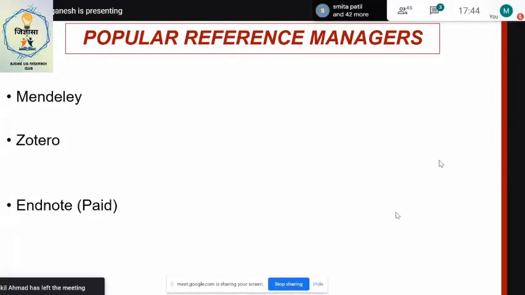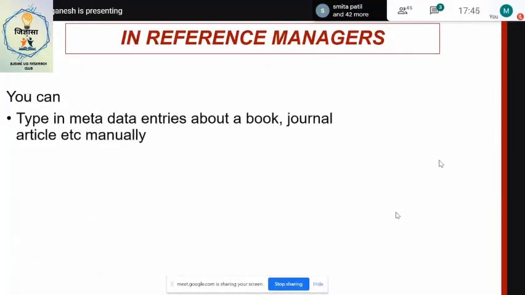So in reference managers, I'm going to just quickly tell you what you can do, and then I'll tell you how you can learn more about these. You can type in metadata entries about a book, journal, etc. manually. You need to do this very rarely. Maybe if you found one ancient book which is not mentioned anywhere on the internet, which is very unlikely these days.